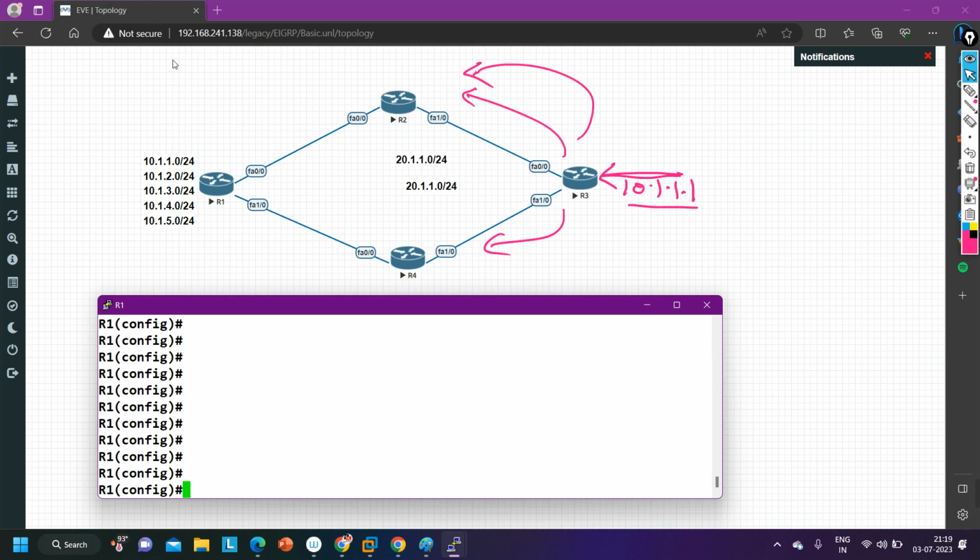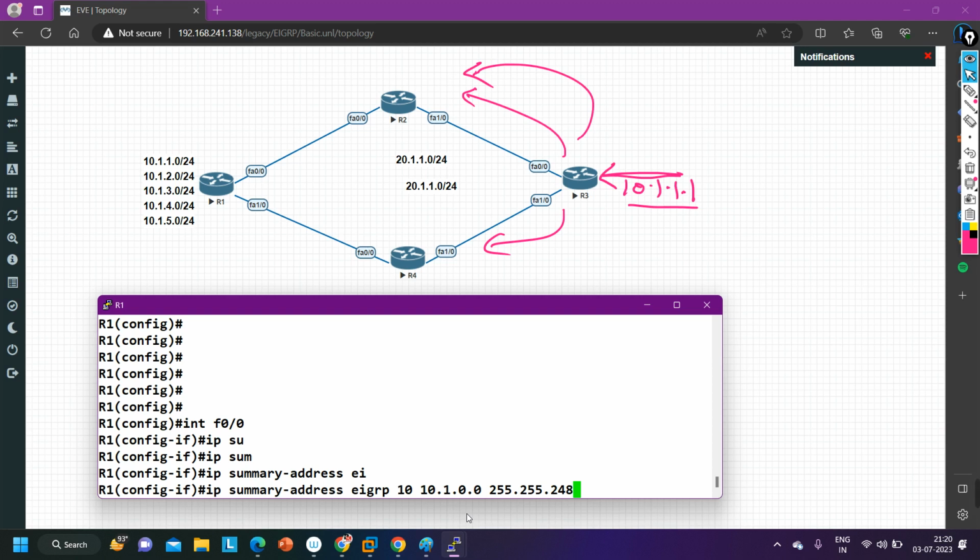The command is: IP summary-address EIGRP 10, then summary address 10.1.0.0, subnet mask 255.255.255.something. Is it 255 here or something else? 248? Sure? 252? Yes, sir.